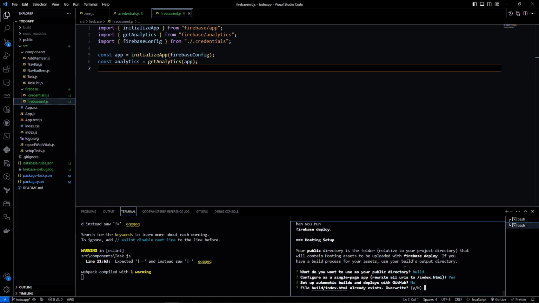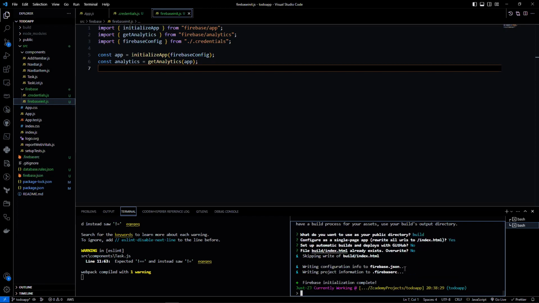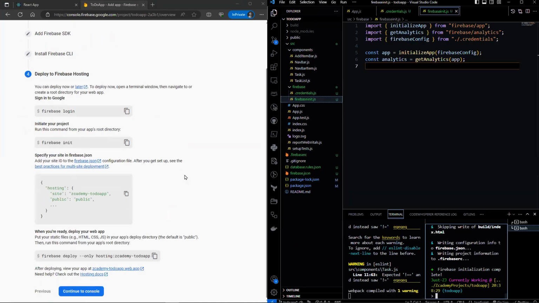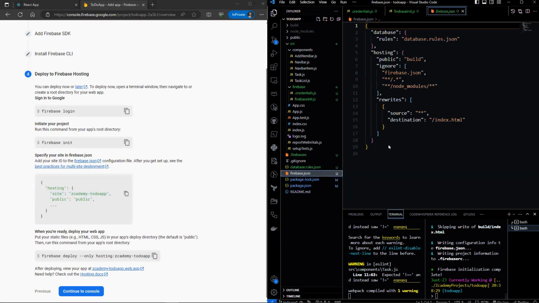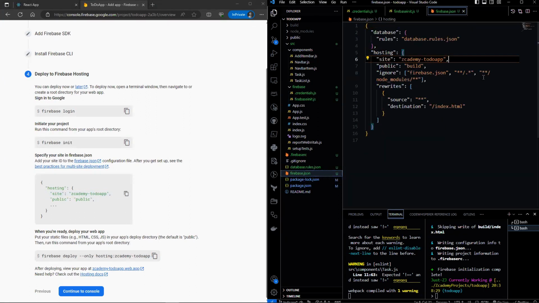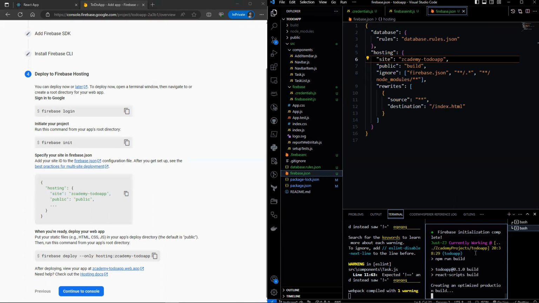It is important to note here that we do not want to override it. So let's hit no here. Now we are ready to deploy it to the web. But before that, let's add this to the firebase.json file. Now let us build the project. npm run build. This would create a folder called build.